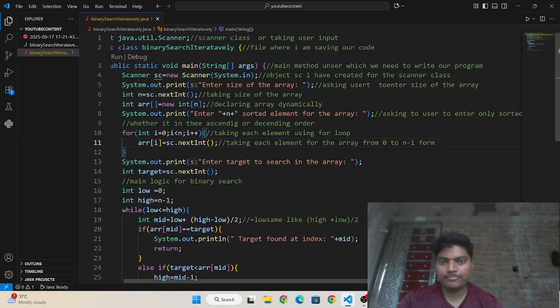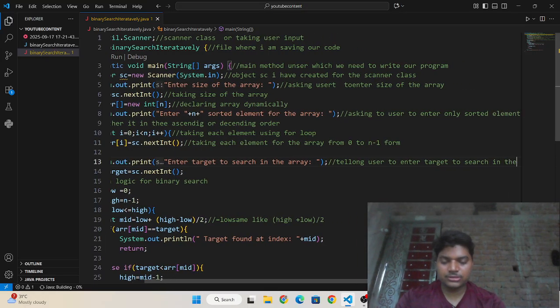Okay, telling the user to enter the target to search in the array.